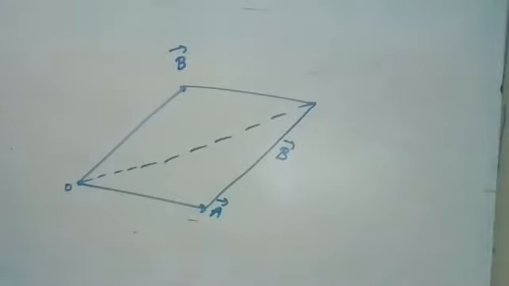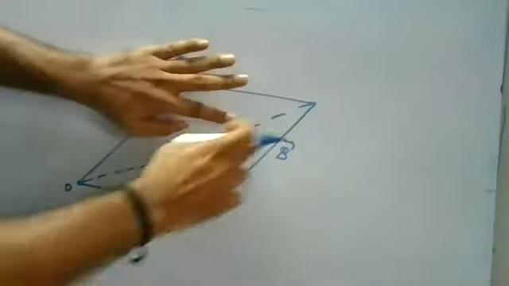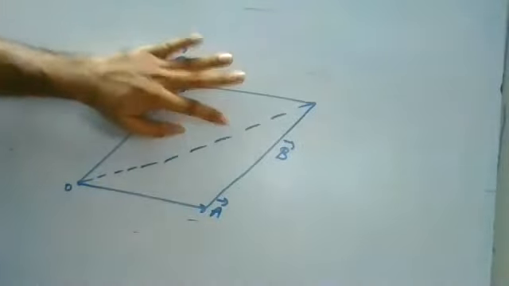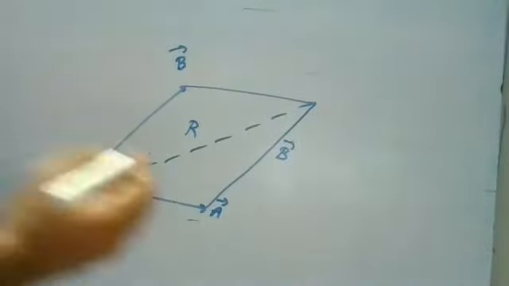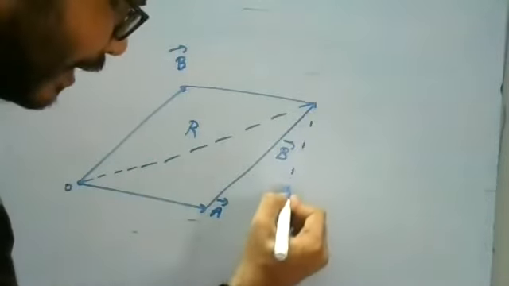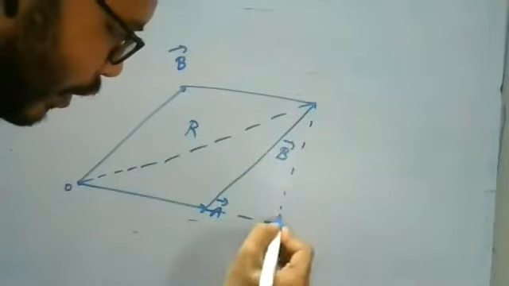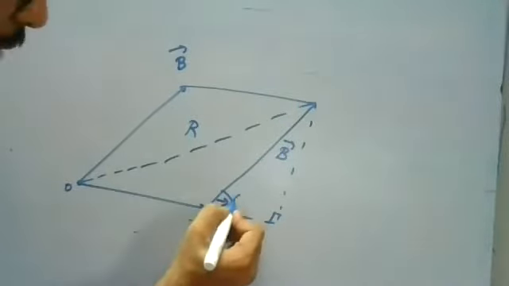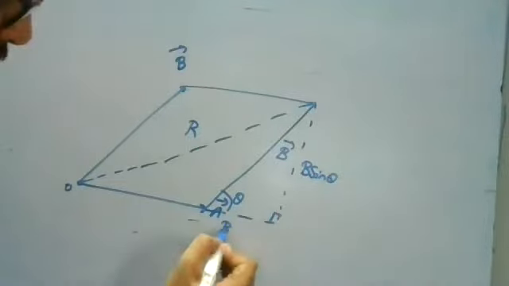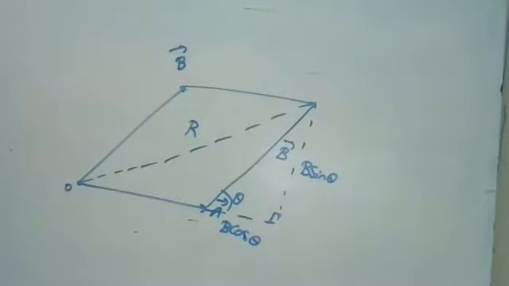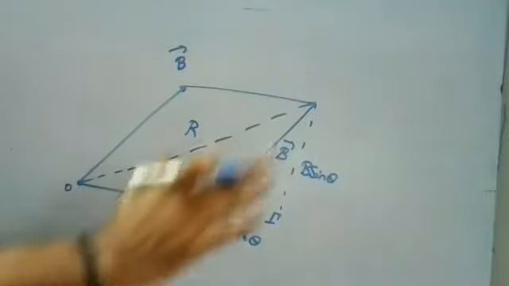Again, if you see that, when I erase this portion, it is nothing but your triangle method. So this becomes the resultant; this is your triangle method. For my comfort, I consider angle theta at the perpendicular point. So this is B sin theta and this is B cos theta. Whatever we have seen in the triangle method, half of it is the parallelogram. The steps are all the same.